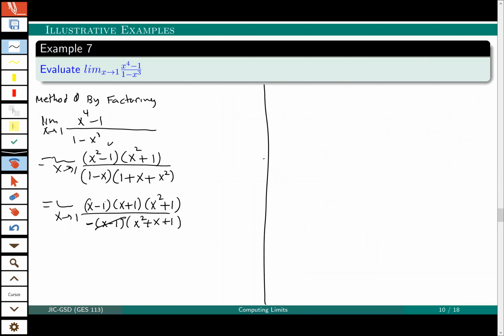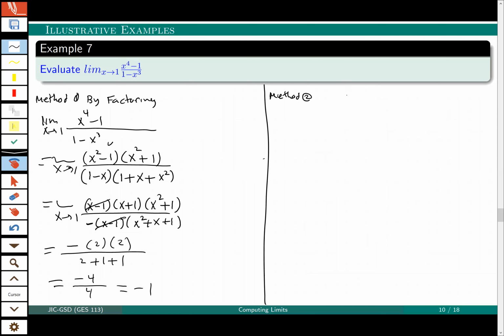x minus 1 will cancel out with x minus 1, and what you will get is negative of 2 times 2, and here 2 plus 1 plus 1, so you will get minus 4 over 4, which is equal to minus 1. That's the first method. Second method,